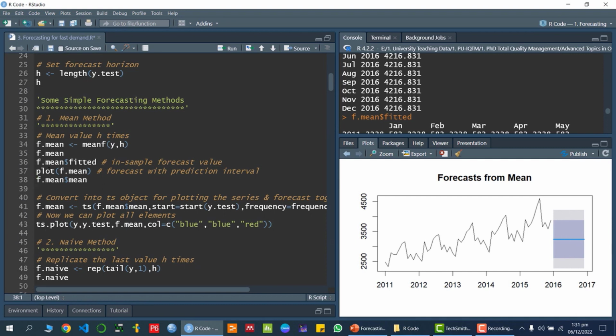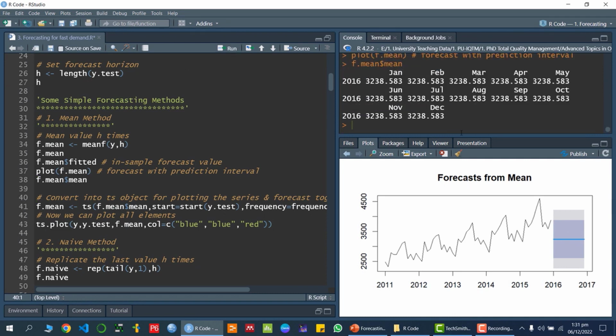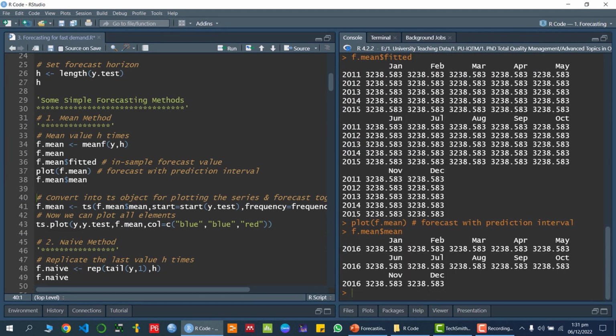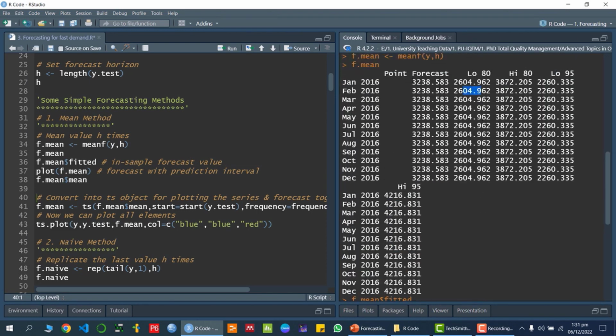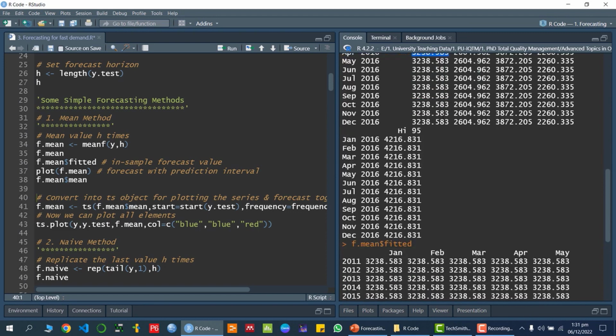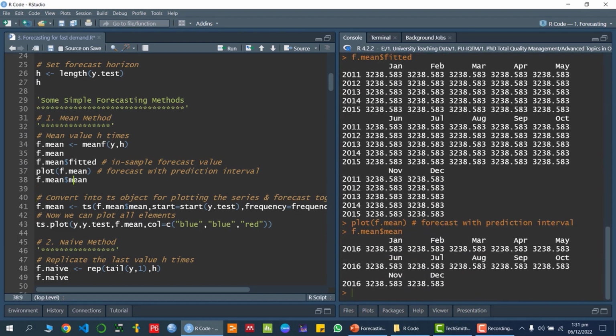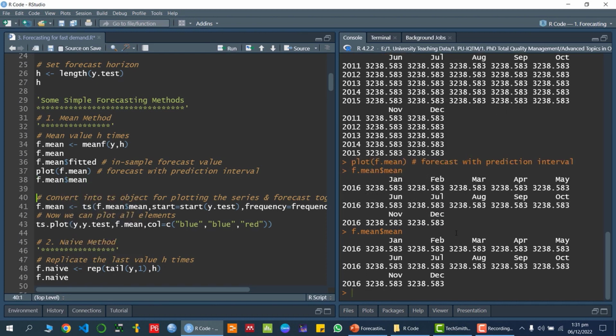Okay, so let me call only the future. If you do not want to plot these prediction intervals and you want to only access the forecasted values, you can write the command f dot p dollar sign and then mean. Let me show you: dollar, and then over here we have mean. If I run this one, you will see the values from January 2016 to December 2016,